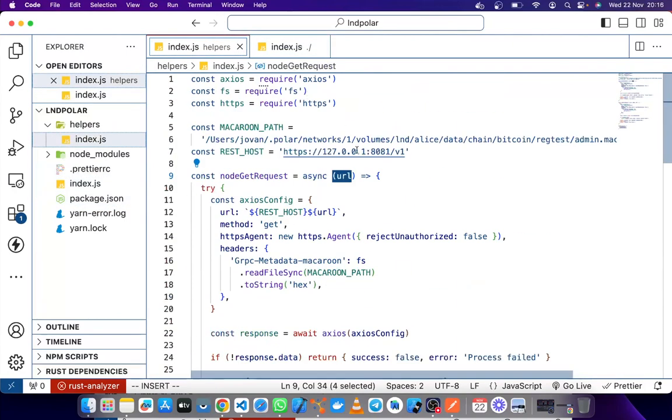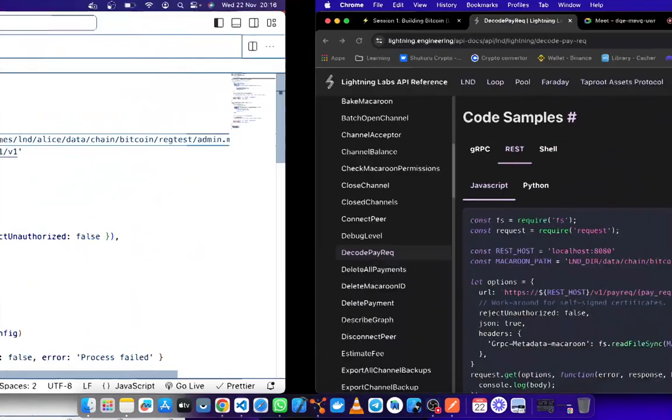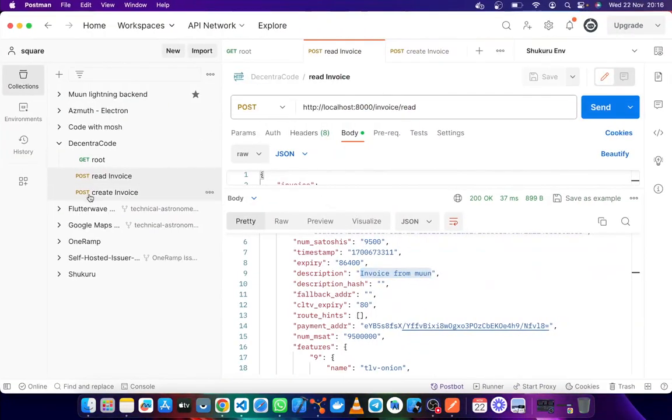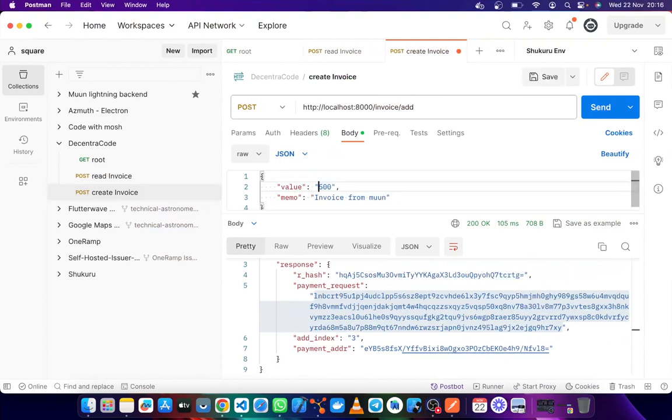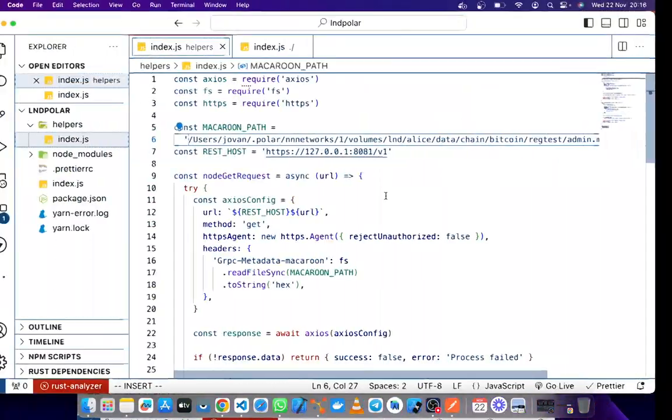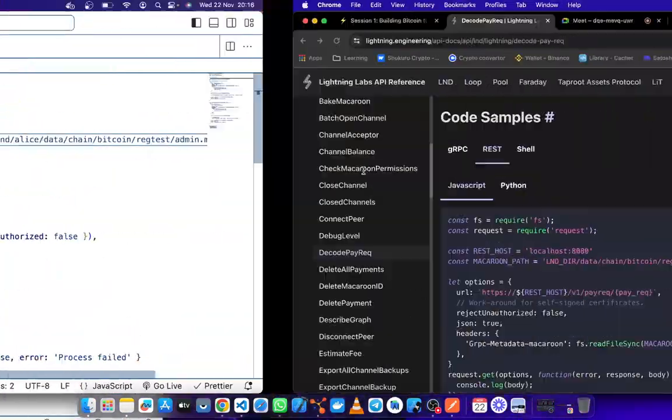You need to have these macaroon files. So maybe if I try to mess up the path of the macaroon, and try to create a new invoice, and see what will happen. So I'll say invoice to fail. I don't know if I saved this. Hopefully I saved. Yes, I did.